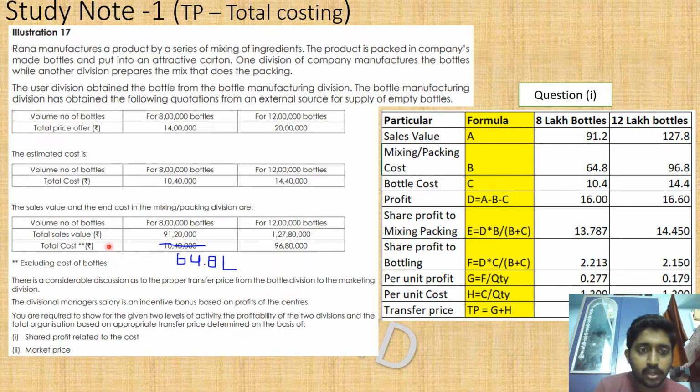Next, the total cost is also given for this. Here the book has made one mistake, guys. There is a printing error. You have to identify that. This may be carried forward if this is exactly replicated on your question paper also. So do that correction, or else you may end up with a different answer.